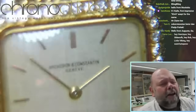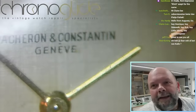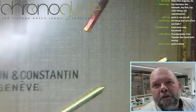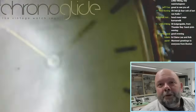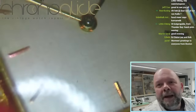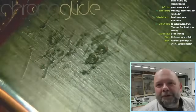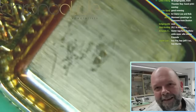Oh, and I love the linen dial. It's quite some time overlooked, but it's a lovely effect. Do you see the lines like this? This is called a linen dial. I'll show you in way more detail in a moment. What I love about the... Ooh, this is what we are going to... Well, we do the finishing all over, but the lines...